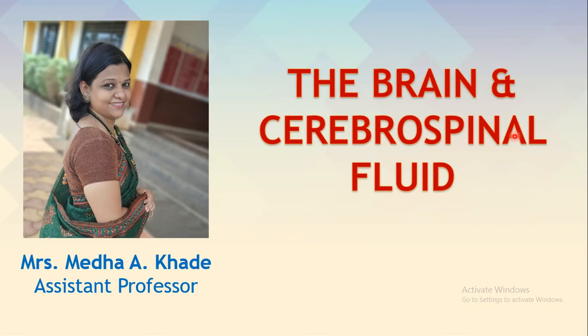So the central nervous system comprises the brain and the spinal cord. We have discussed in detail the spinal cord, the protective layers and the functions. So coming to the second part of the central nervous system, that is the brain. And of course we will be discussing the